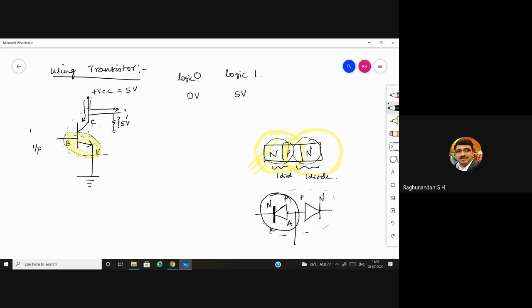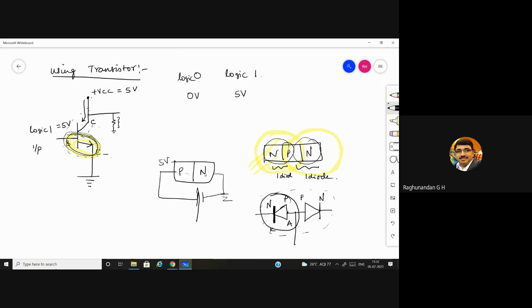Input is logic 1. Logic 1 means 5 volts. When input is one, what will happen? When 5 volt you are giving to the base, which is P type, just imagine P and N. 5 volt you are giving to the P region and N region is grounded. It is like this. What happens to the diode which is here?